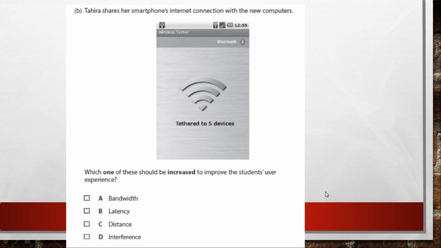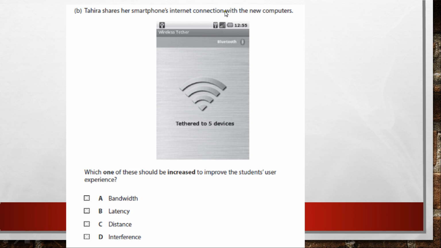Okay. Moving on, Tahira shares her smartphone internet connection with the new computers. As you can see there, it's got some sort of device. It's a smartphone, isn't it? It's got Bluetooth enabled, tethered to 5 devices. It's got the power and the time. You can see a signal up here, can't you?